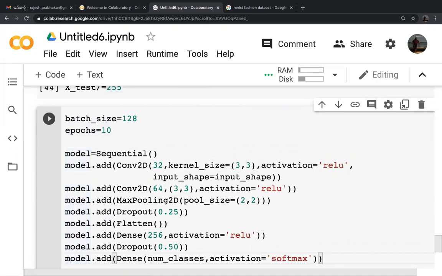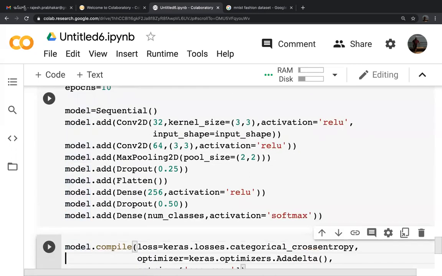If you look at the model I have built, the first layer has 32 neurons and activation is ReLU. The second layer has 64 neurons. Then I did a MaxPooling2D to reduce the size using a 2x2 filter, and you identify some neurons that are of no use. It will drop out those neurons. Then it flattens the network. Then again we have a 256 neuron layer with ReLU activation. Then we drop out 50% of neurons which are not generating proper information.